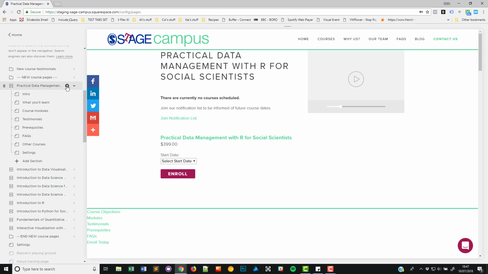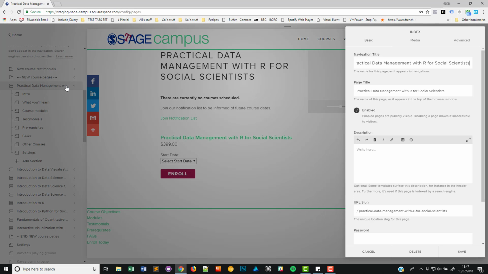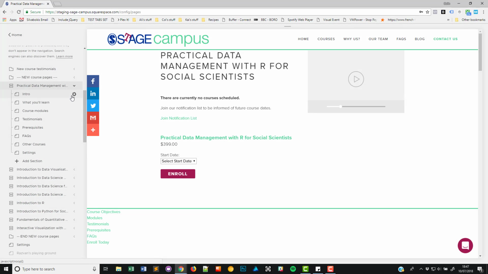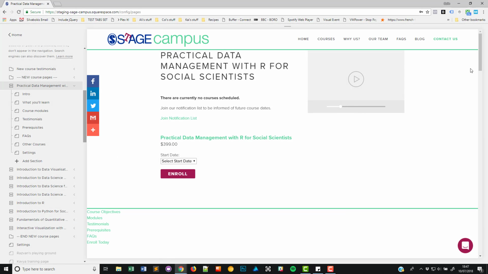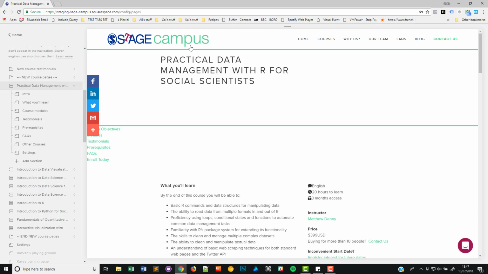The main part here just has the main URL slug there. The intro section also has a slug, so it basically slugs all the way through. And then in the actual page section, if we go to edit this section, you'll see that